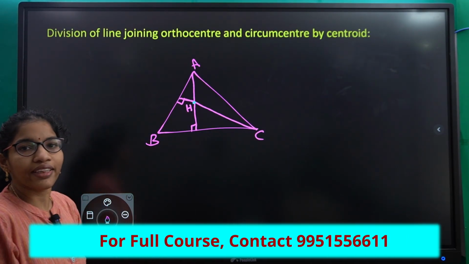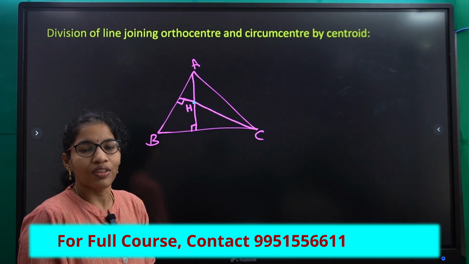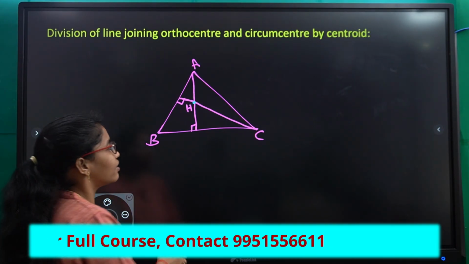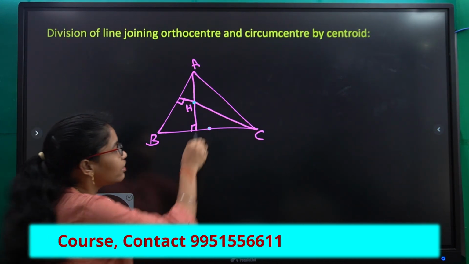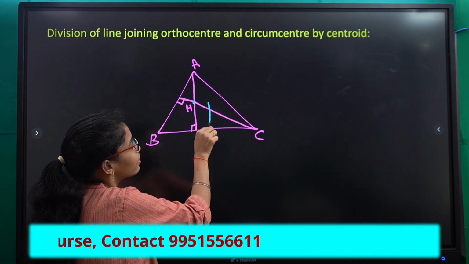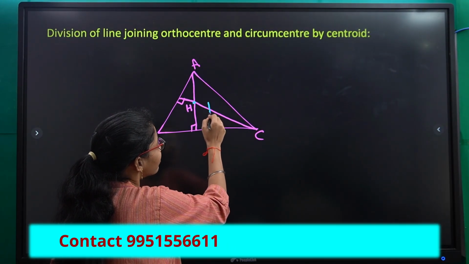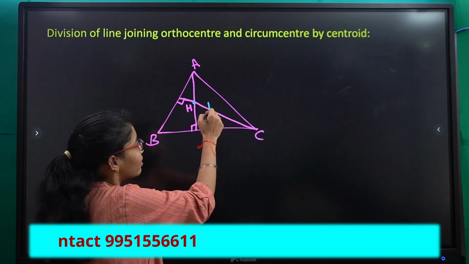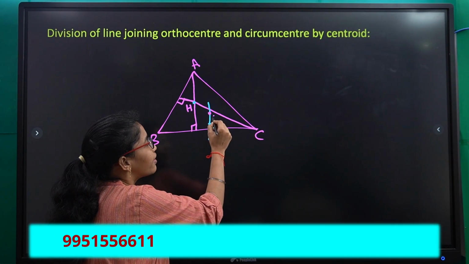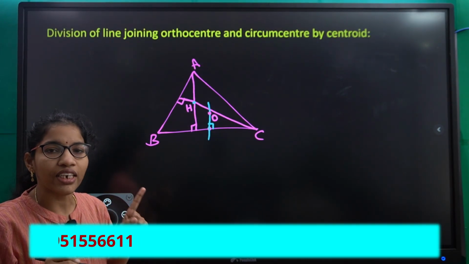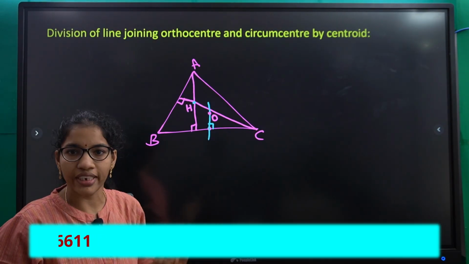So now I want to take the circumcenter. What is meant by circumcenter? Circumcenter is nothing but the point of concurrence of the perpendicular bisectors, and it should bisect, that means it should be midpoint and it should be perpendicular, right, like this. So that point, need not be on this line, okay, somewhere here. So this point you can call it as what? This is a circumcenter, and circumcenter is equidistant from the vertices of the triangle or not, right? OA equals to OB equals to OC here, right?